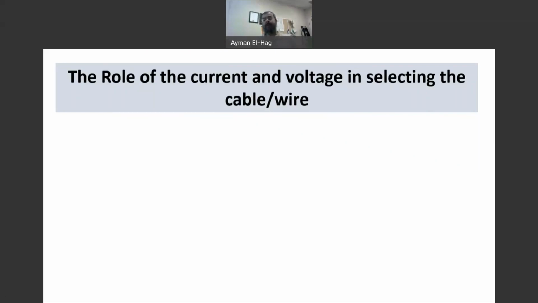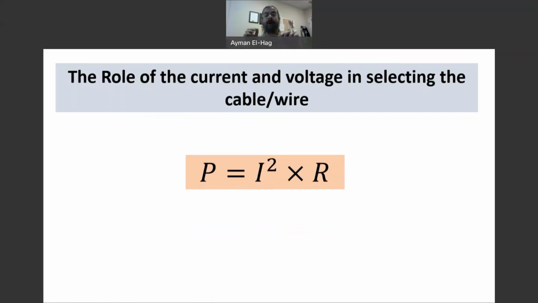So back to the question: how can the current and the voltage play a role in selecting our cable? Let's start with what we know: current is a flow of electrons in the conductor. And this current is actually transformed into heat. Why? Because of the power loss. There will be a power loss in the